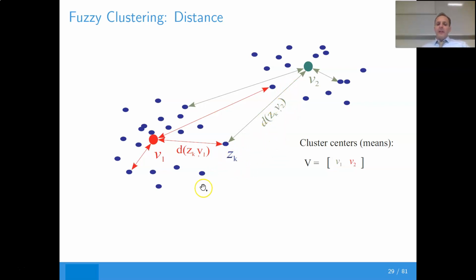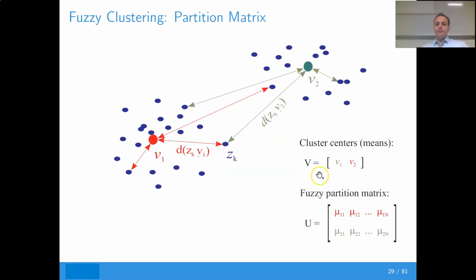In this case, you have the distance of the point Z_k with respect to the centers V1 and V2. And in this way, you can see here that depending on these membership functions, in principle, you